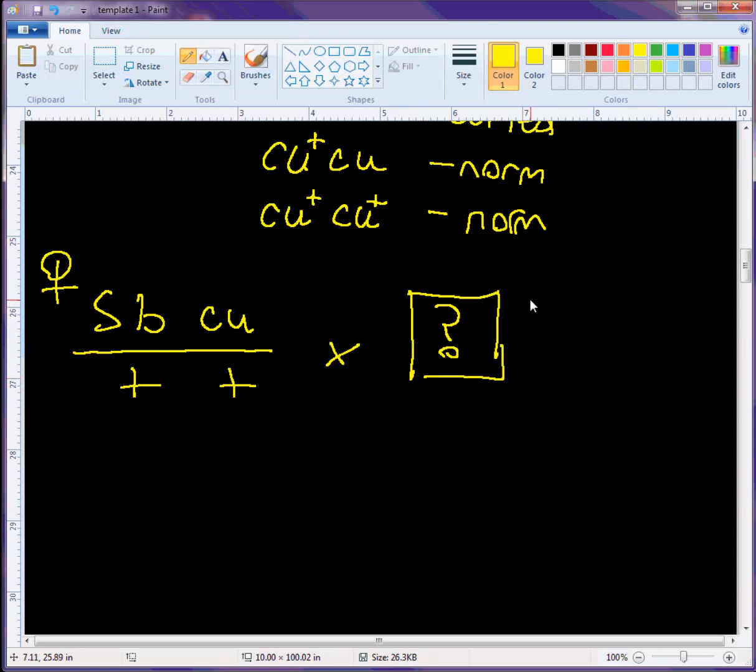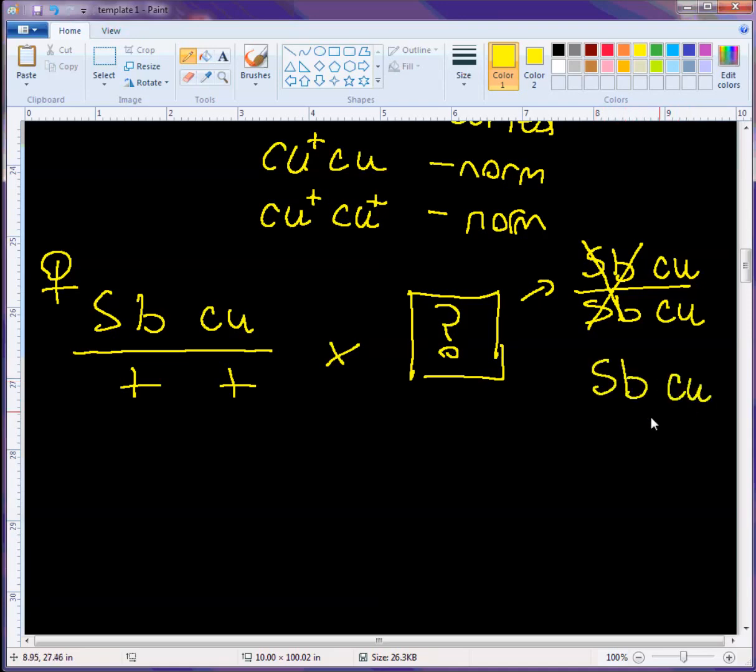So there are a number of possibilities, right? So we could use SB CU over SB CU. Can we use that one? No, we can't, because this is lethal. How about SB CU over plus CU? We could try that,